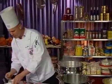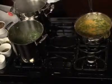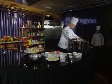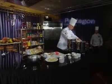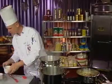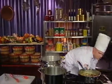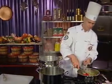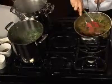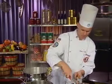And they're still a little bit hard. Getting there, though. All right. Now we're going to go ahead and add in our sausage. About a pound of sweet Italian sausage there. Give that a little stir. And we had pre-cooked these sausage, and that cuts down on your prep time,